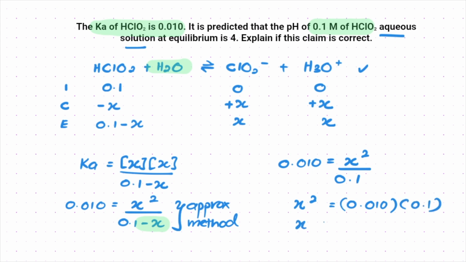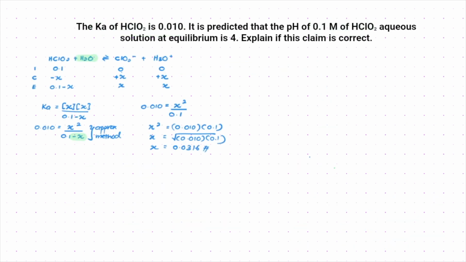Therefore, your X is equivalent to the square root of 0.010 times 0.1, and you shall get the value of X is equivalent to 0.0316. Next up, we are going to determine whether the value of X that we calculated just now is okay to be used or not. So we are now going to do the test. The test is equivalent to the value of X divided by the initial concentration